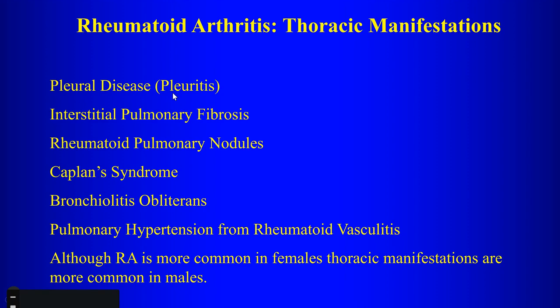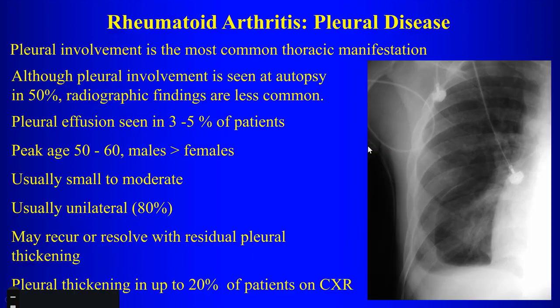The most common is pleural disease, pleuritis from inflammation, so they'll get pleural effusions. You also see pulmonary fibrosis, so we do see that as a complication of patients with rheumatoid arthritis. Rheumatoid pulmonary nodules, very rare, and everything else on this list is also very rare. Although rheumatoid arthritis, this is worth remembering, is more common in females, thoracic manifestations are more common in males, okay? But the big two, usually pleural disease, interstitial fibrosis, those are the most common things that you would see associated